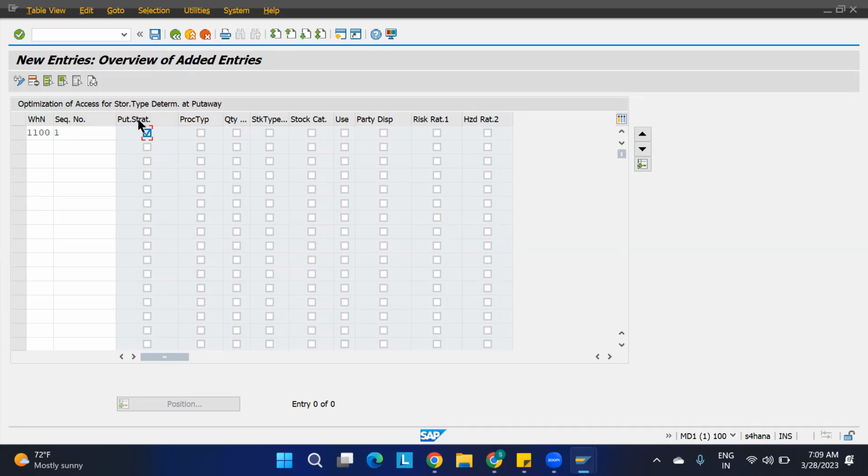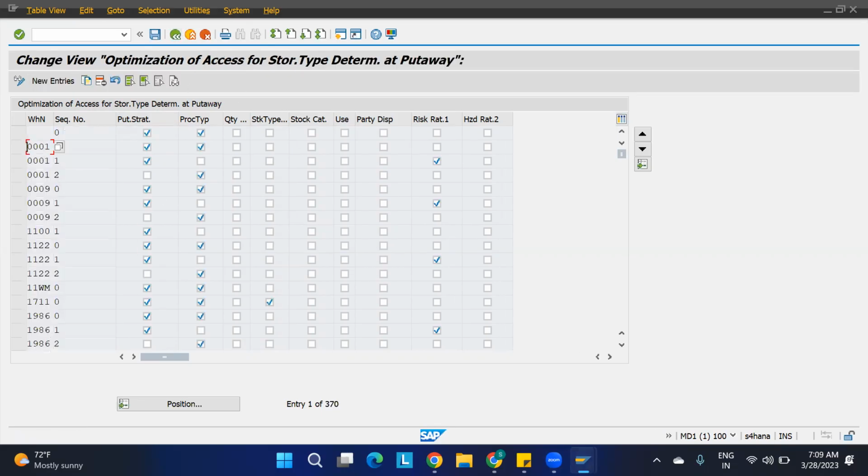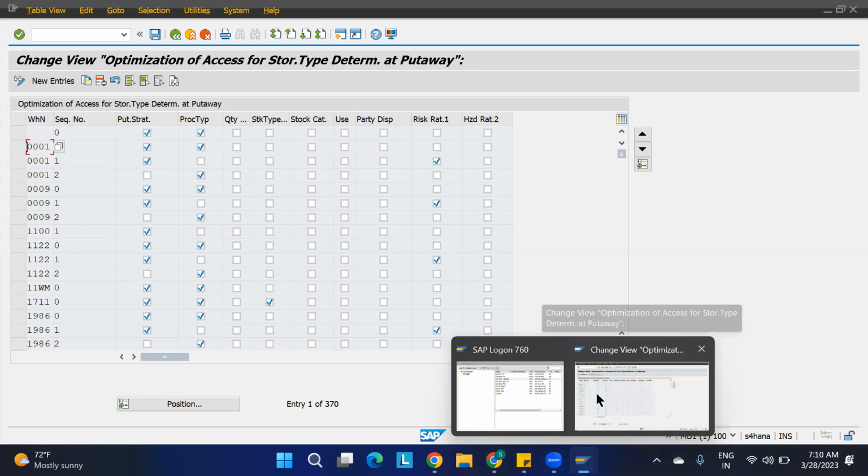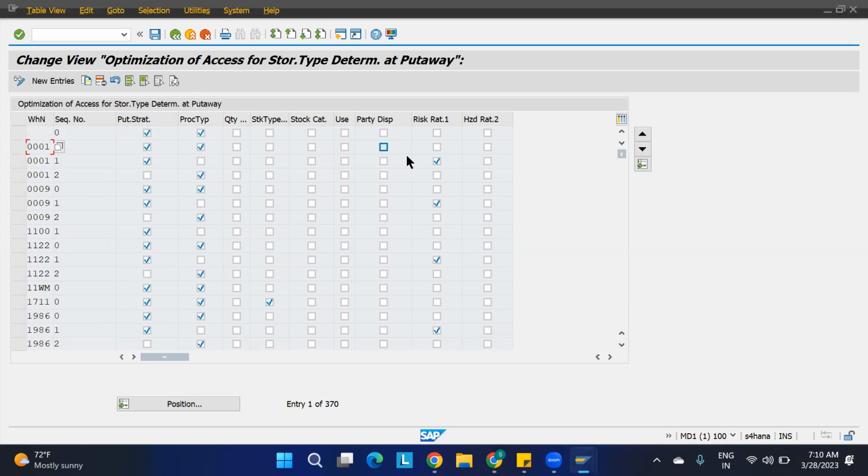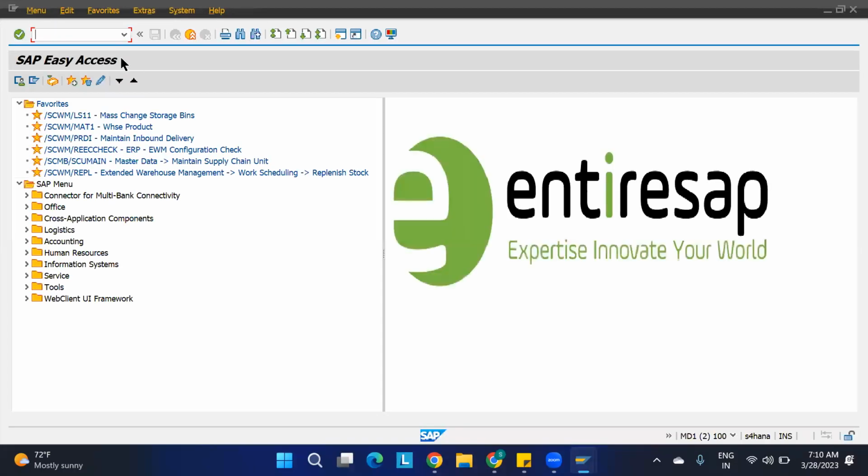So I am just taking the put away control indicator, which is going to trigger and help us find the search sequence. That is what I am giving here. Just save this part. Just observe what will happen. Just go here. But before moving further, for identifying the strategy, we have to assign this put away control indicator to the material. We have to assign this to the material, where we can assign